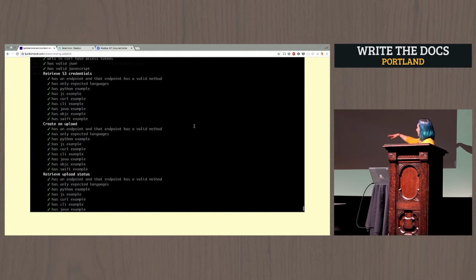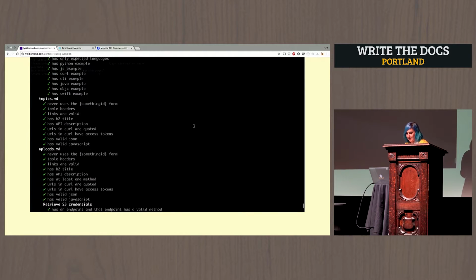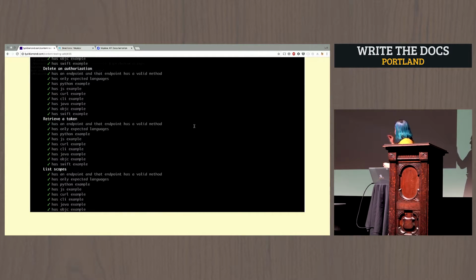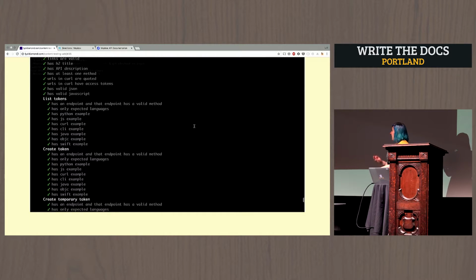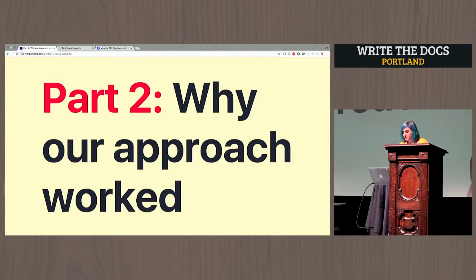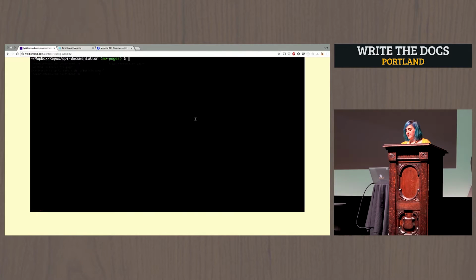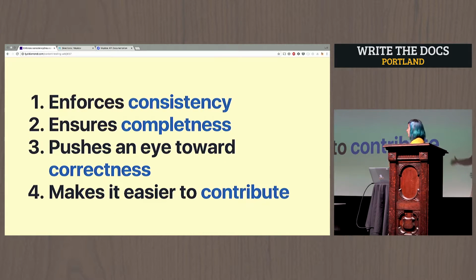So you can see here that there are very specific tests in here, right? For every single type of example, they are making sure the method name is valid, looking for anything that we want it to look for. So that is what we did. We implemented these two tools to make our API documentation, which was super cool because now it is complete and accurate and consistent. And so now I'm going to talk about why that approach worked,